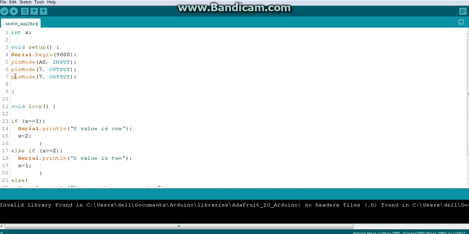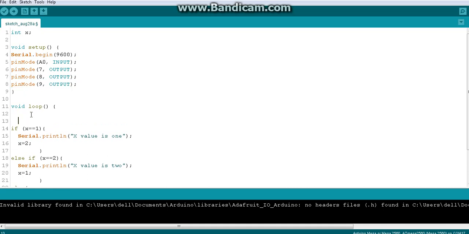Okay, so this next one will be pinMode 8 output, and the final one will be pinMode 9 output, right? So let's say this is the green LED on 7, 8 is the yellow or blue LED, and 9 will be our red LED. Okay guys, that's fine. So then you know what we should do in the void setup,